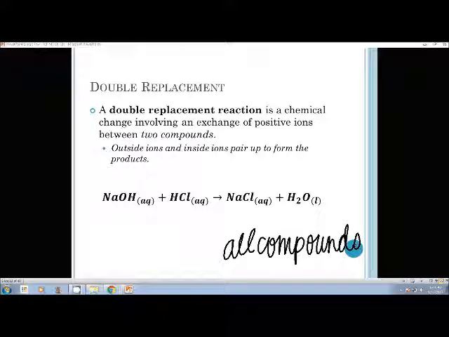And the last type has 4 as well. The last type is our combustion reaction, so we're burning things. But I have 3 different ways for you to identify what's a combustion reaction. Okay? Don't label a combustion reaction as combo because that's combination, right? So,